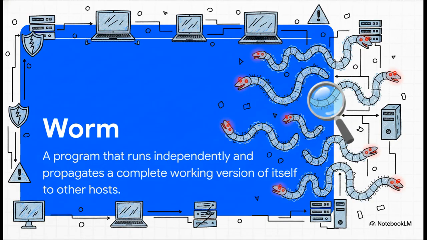And finally, there's the worm. What makes a worm so incredibly dangerous is that it can spread all by itself. It doesn't need a human to click anything. Once it infects one computer on a network, it starts replicating and spreading to every other machine it can reach. One computer can become 1,000 infected computers in just a few minutes. The famous Stuxnet worm showed just how real this is. It actually caused physical damage to industrial equipment.